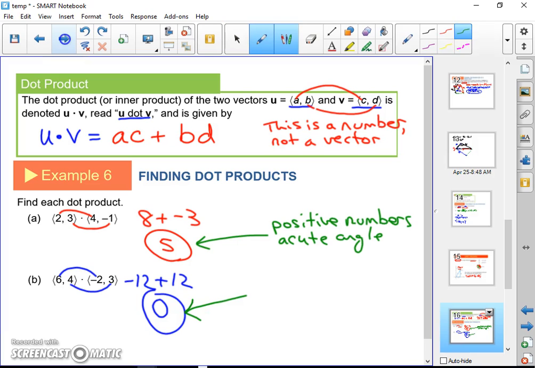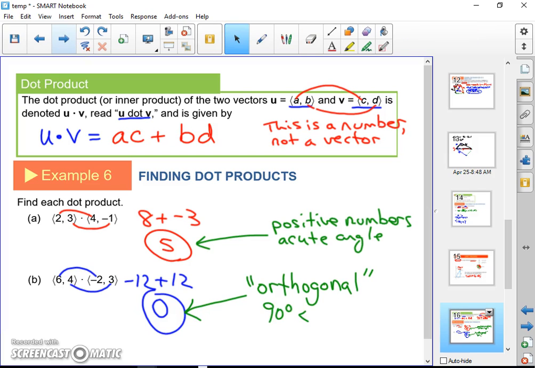0 is going to indicate this word called orthogonal. Orthogonal seems like a really tough word, but when it says orthogonal, that means basically we're talking about a 90-degree angle. Okay? There is a 90-degree angle between the two vectors. So we could draw them out, but once we draw them, you're going to see there's a 90-degree angle between the two vectors. A negative dot product would indicate an obtuse angle. When we saw positive was acute, and 0 was orthogonal or 90 degrees, but a negative answer would have been